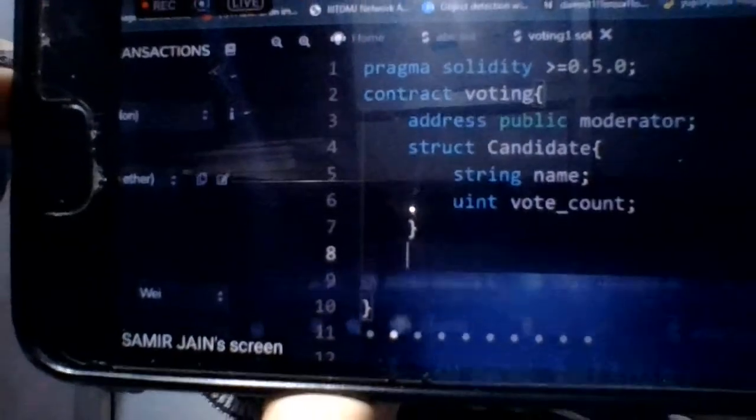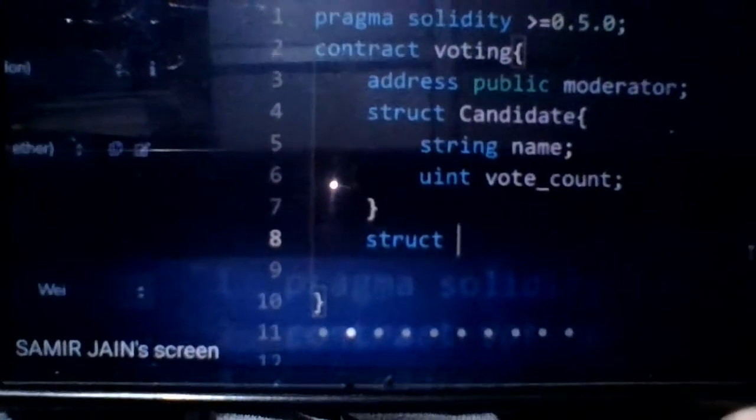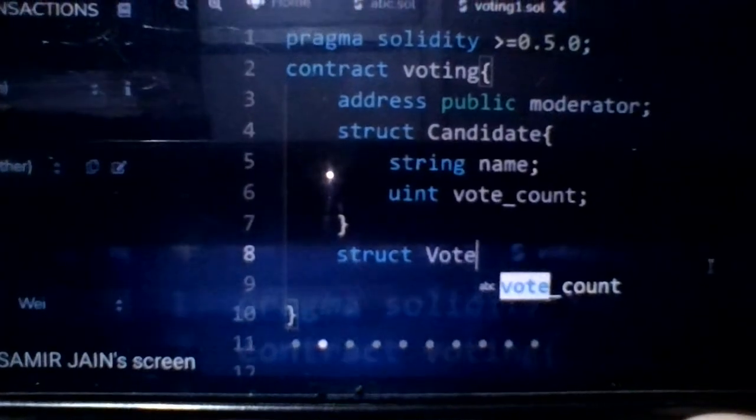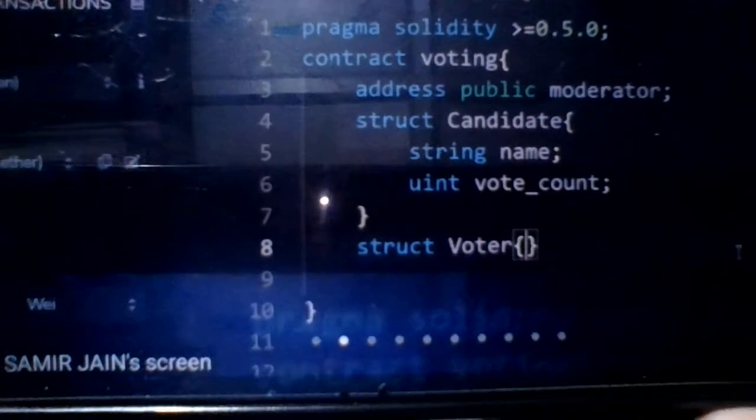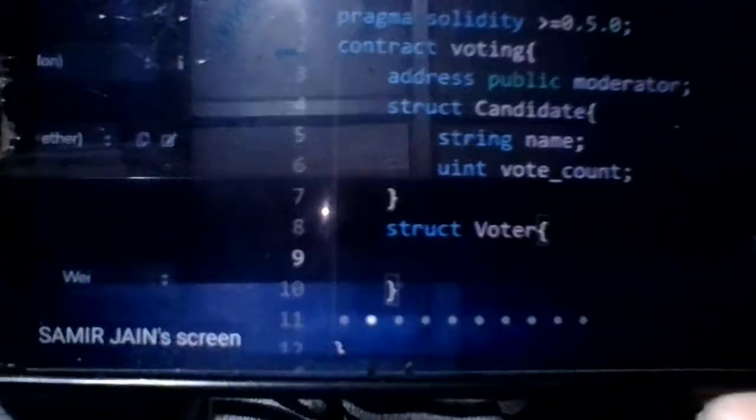Now we'll come to the third type of person, which is the voter. So we'll create the voter. Again, we'll type struct, then voter. Likewise, you can think about what things should be added to the voter.